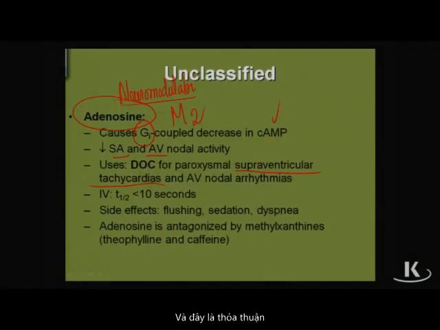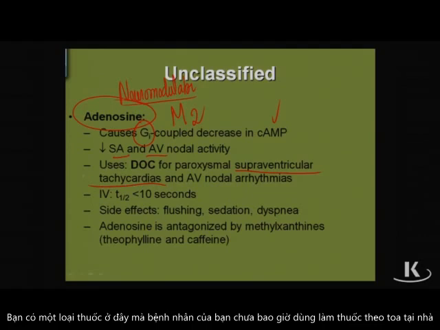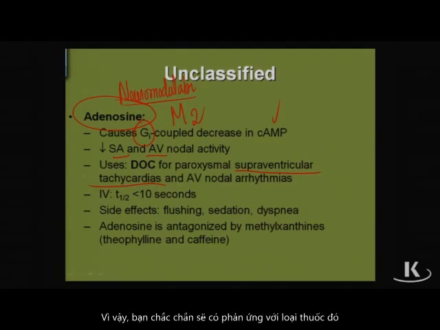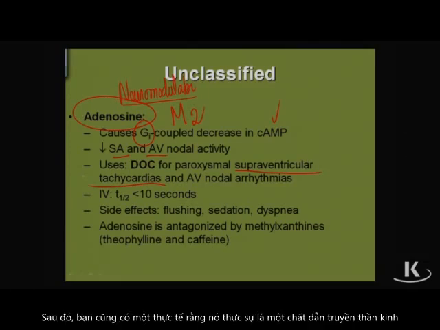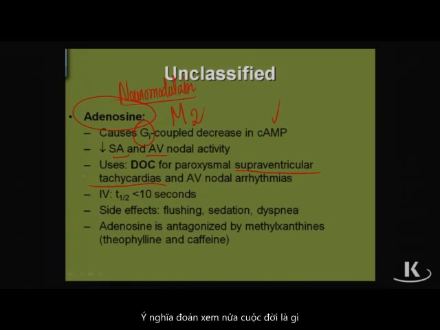And here's the deal. You have a drug here your patient has never taken as a prescription drug at home. So you're bound to have a response from that drug. No desensitization of receptors to that drug. Then you also have the fact that it is truthfully a neurotransmitter, meaning, guess what its half-life is? Yeah, you're reading right. Less than 10 seconds. Now you have in those antiarrhythmics the two extremes of pharmacology between amiodarone that lasted for months for a half-life and this one that barely has a few fleeting seconds as a half-life value.